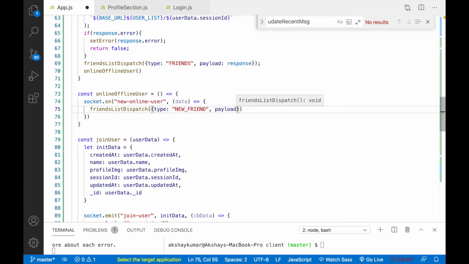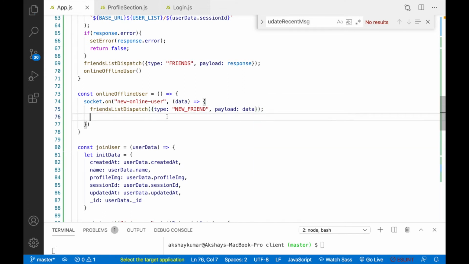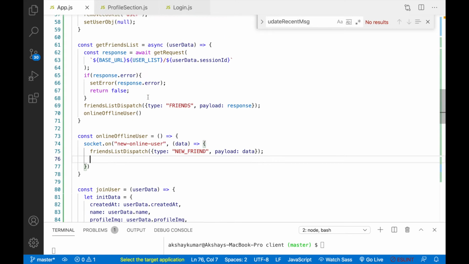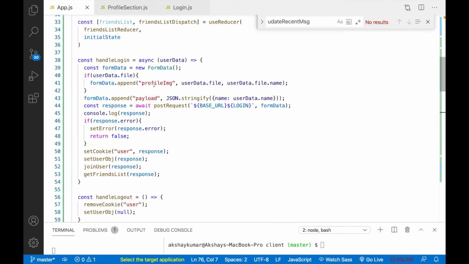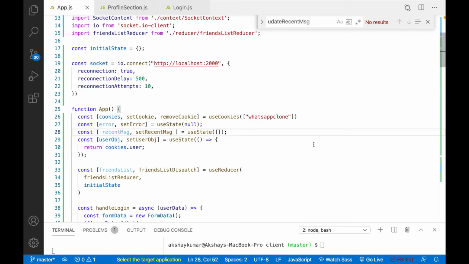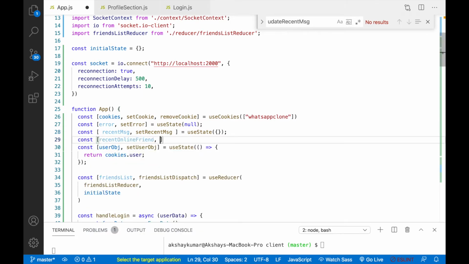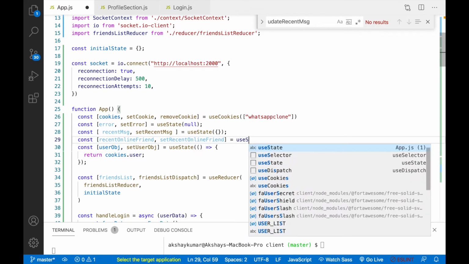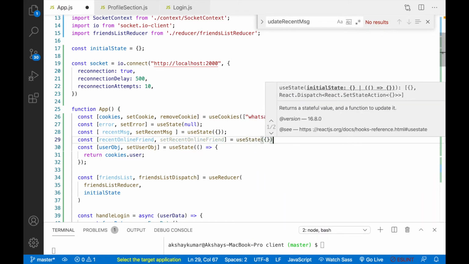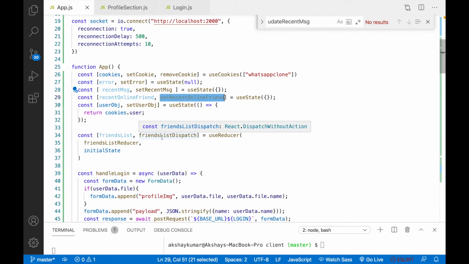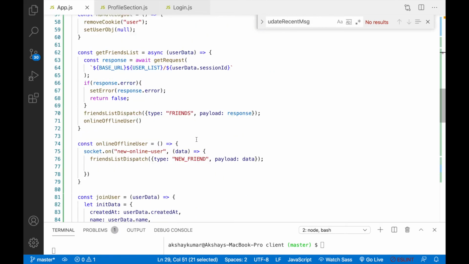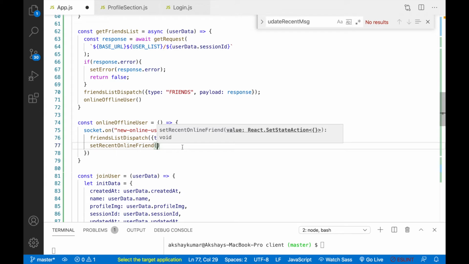Here we'll pass payload equals data. So now we have to capture our recent online friend also. So for that we can create one more useState. So after this we can write const recentOnlineFriend, setRecentOnlineFriend equals to useState, that will be one object. And here, setRecentOnlineFriend, and we can pass data.